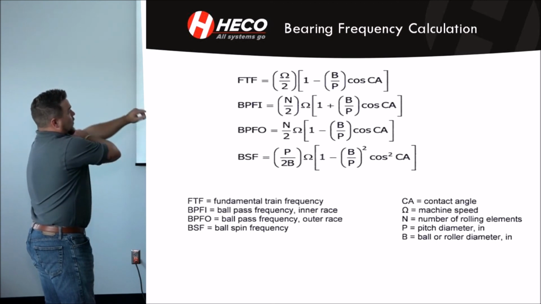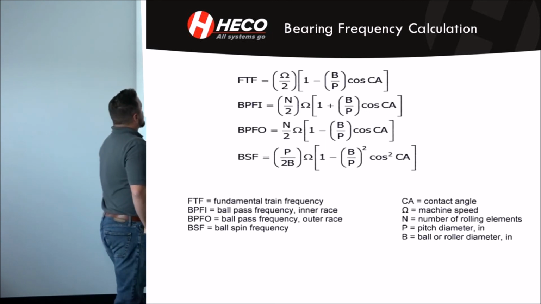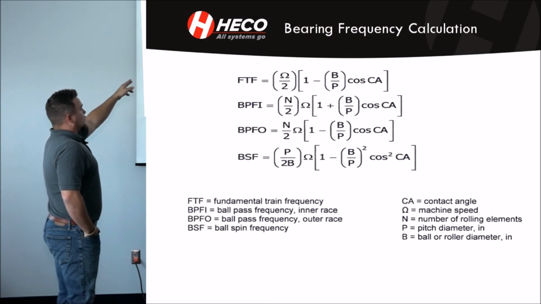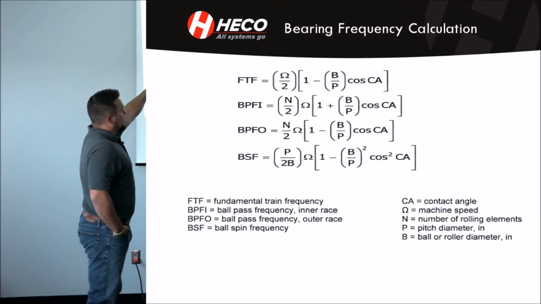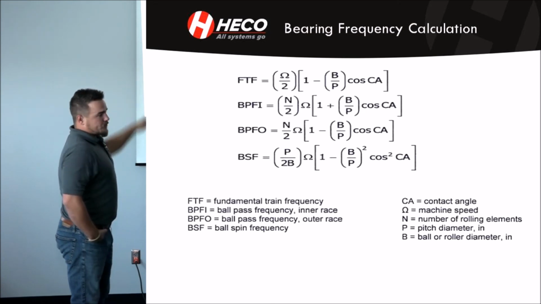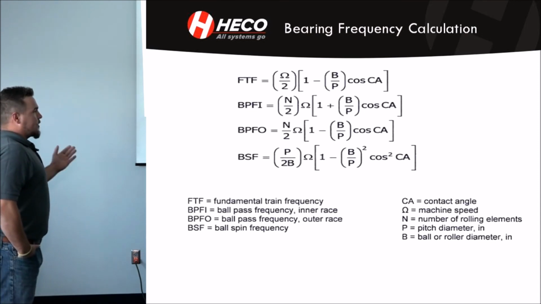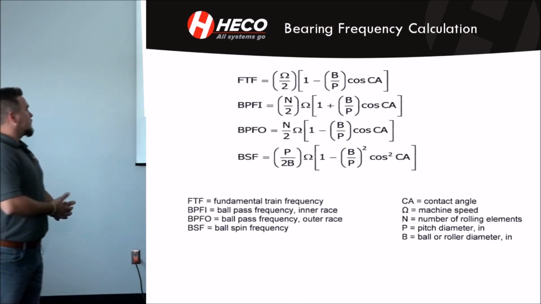Bearing frequencies are a little more complicated. You need a lot more information, like you see down here in the key. So say we were going to calculate a ball pass frequency outer race, we would need the number of rolling elements divided by 2 times the machine speed, and then we'd have to go over and get the ball diameter divided by the pitch diameter times the cosine of the contact angle, minus 1, and then multiply it back over there. And that would give us our ball pass frequency for the outer race. So we could go into our spectrum after we get that frequency and correlate if there's an issue or if there isn't with that fault.